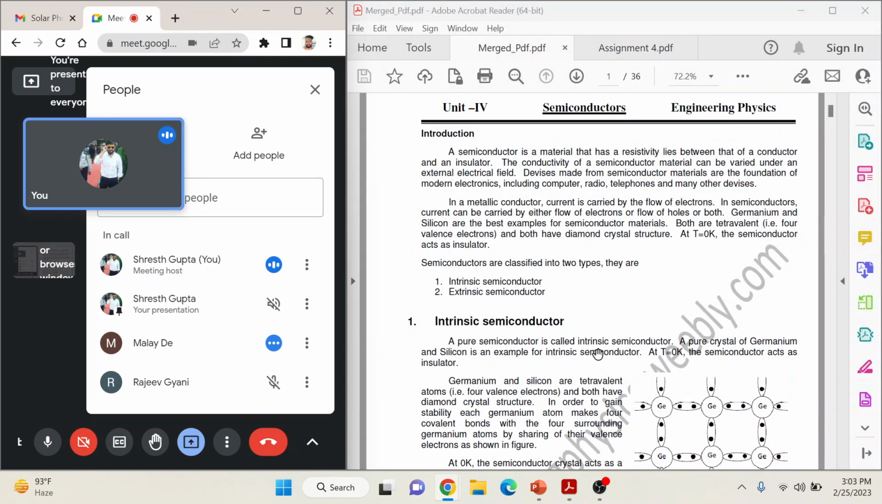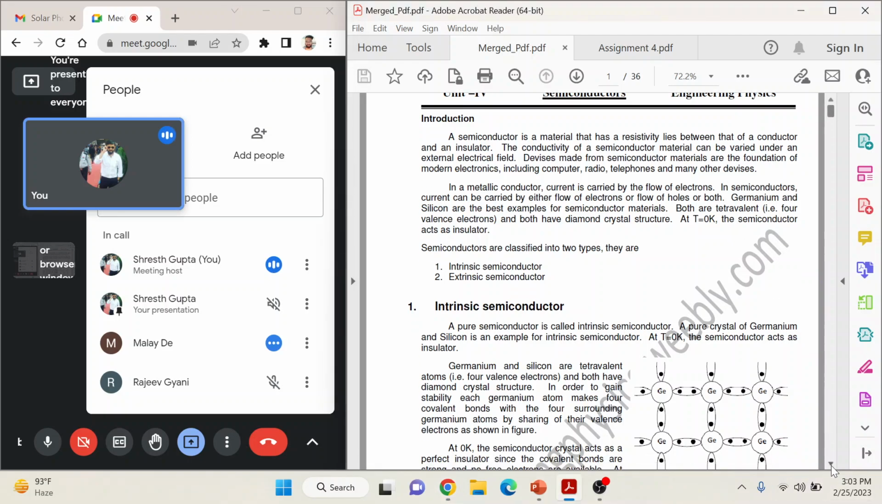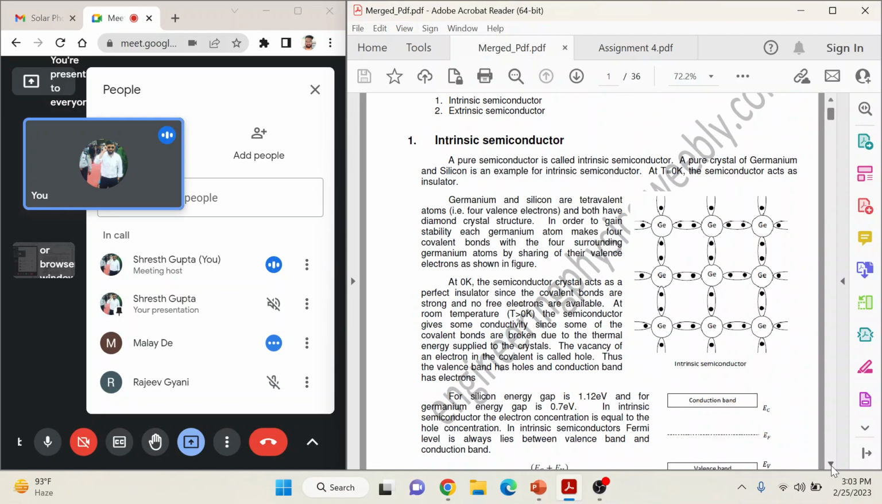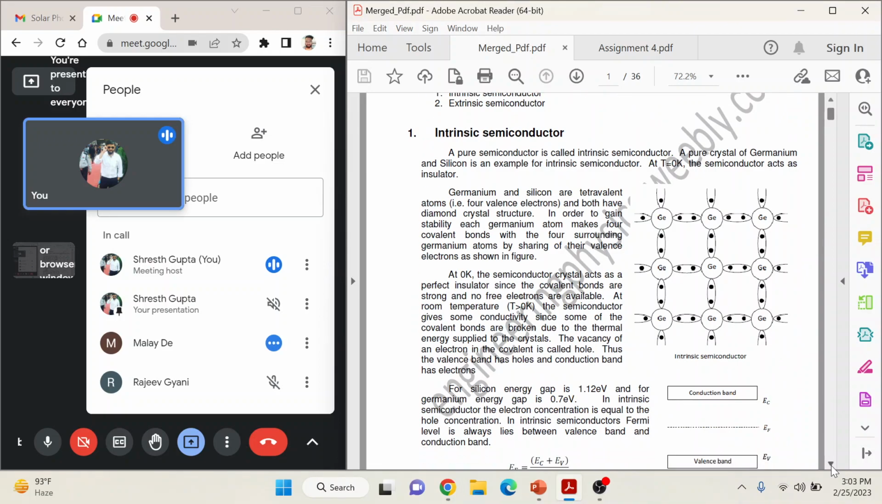Anyways, so let's give a quick recap of what has been taught so far, without starting today's assignment. So we have started with what are semiconductor materials, what are intrinsic semiconductors, what are extrinsic semiconductors. We can see that intrinsic semiconductors are the purest form of semiconductor, and